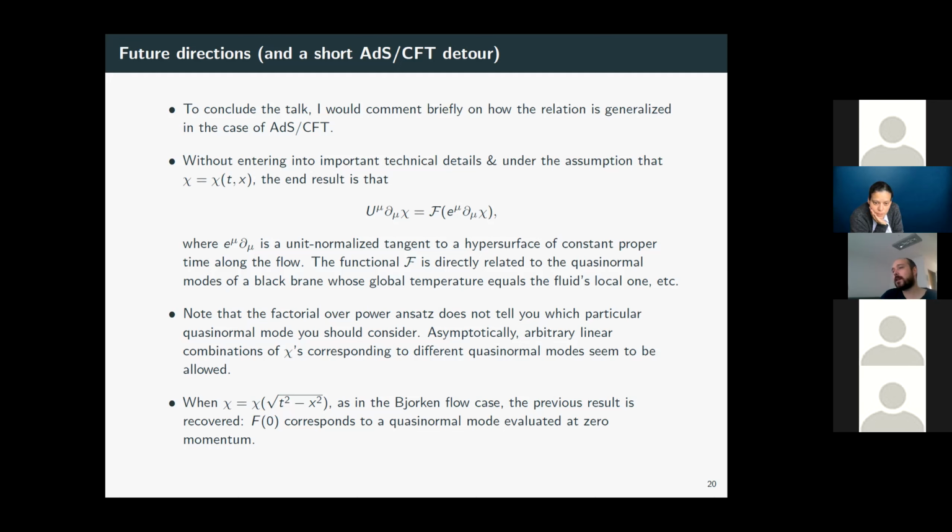My only point is to illustrate that you have at least some evidence to believe that the evolution equation that your microscopic theory imposes on these objects can be way more complicated than the BRSSS one, or the one in Bjorken flow for that matter. It's trying to leave aside the preconceived idea that quasi-normal modes at zero momentum play a privileged role.